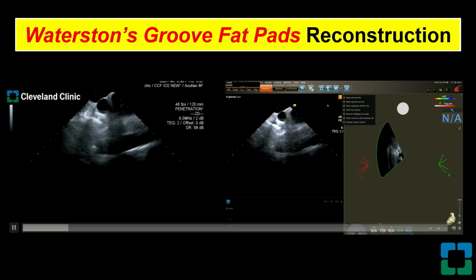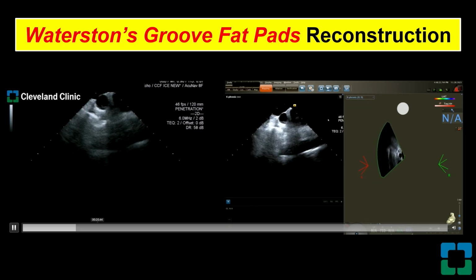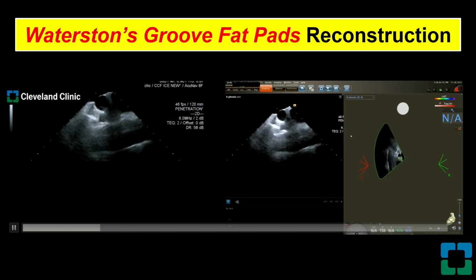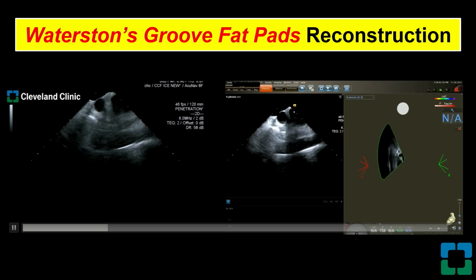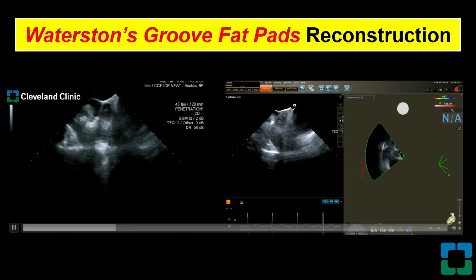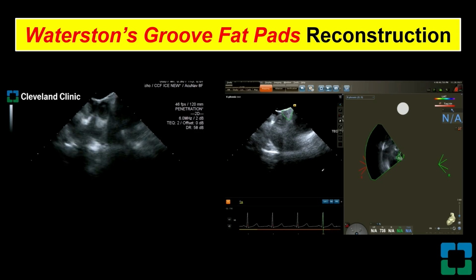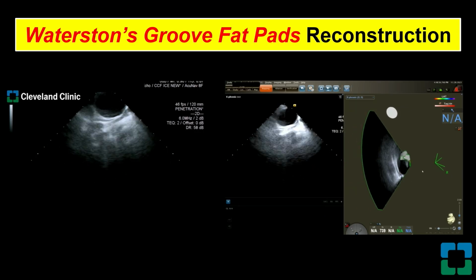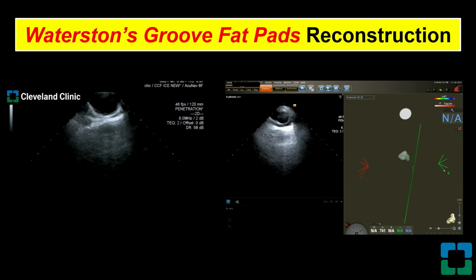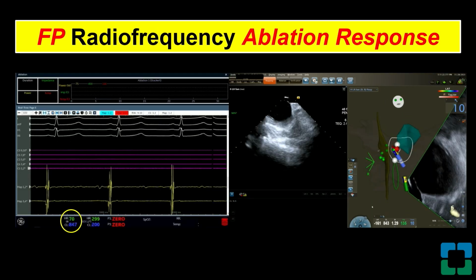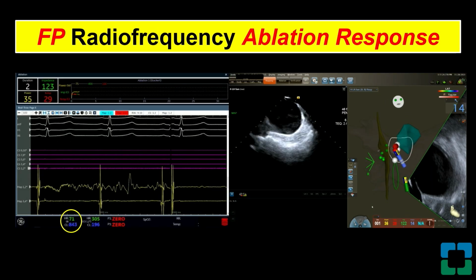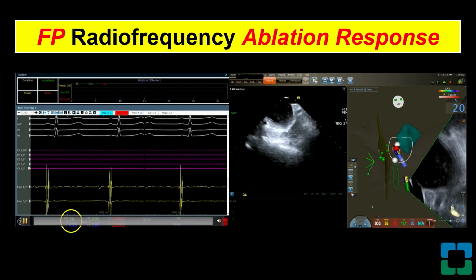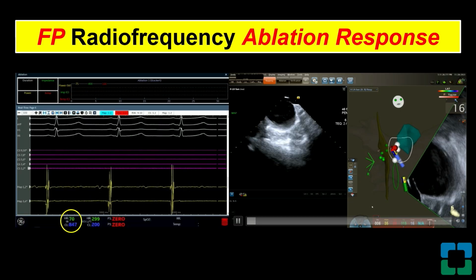So the mapper freezes that specific area and reconstructs the phrenic nerve here, the fat pad here, which gets automatically imported within the map. So that will serve as our endpoint, in some ways our anatomical target to ablate from the left atrium, and then from the right atrium, we always use a bilateral approach for these types of cases. And here you can see, just live, as soon as we have imported the fat pad there, we start ablating